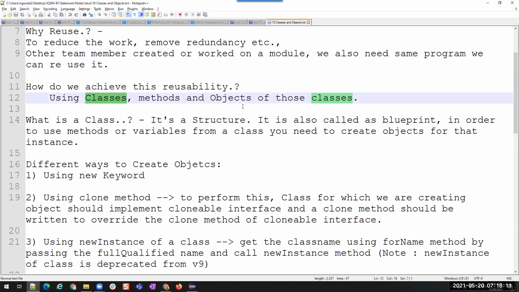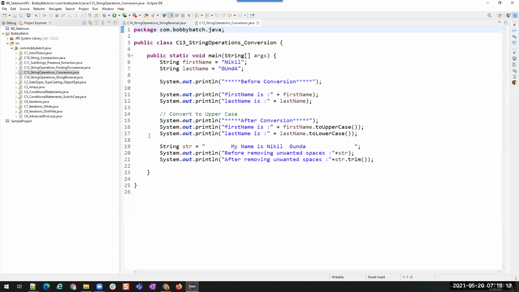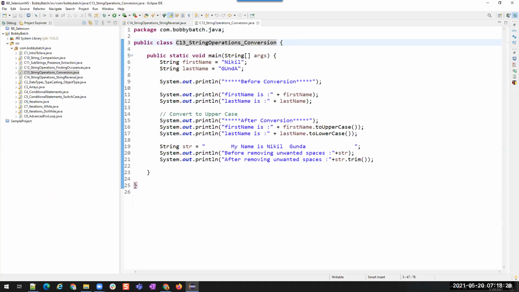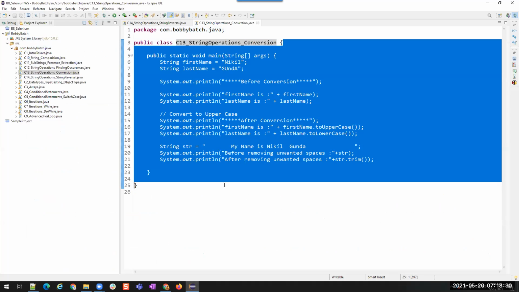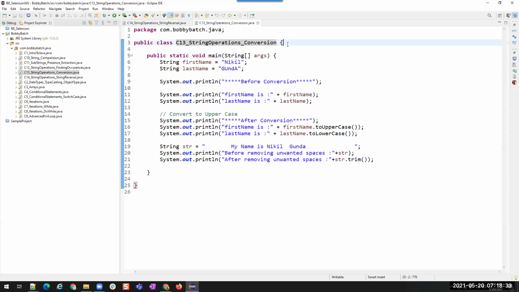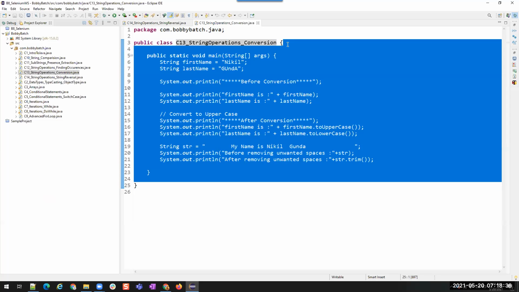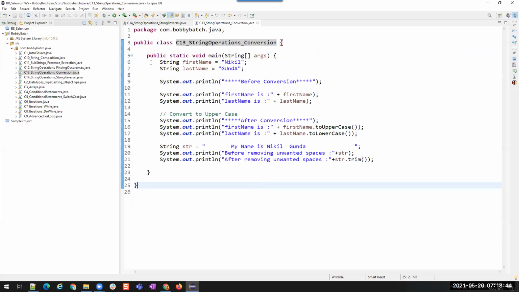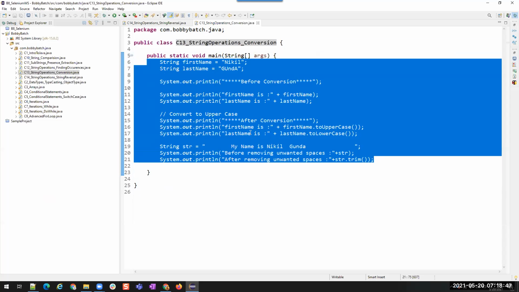Right. So what is a class? What is an object? We have already written some code. But in Java, if you have to write something, you have to create a class file. This is our class file. So whatever you write inside this is a class. So why do we need this class? What is the purpose of this class? Because here, I did not write any reusable code. Whatever I wrote here is only applicable in this class, and here only I'm going to use it.